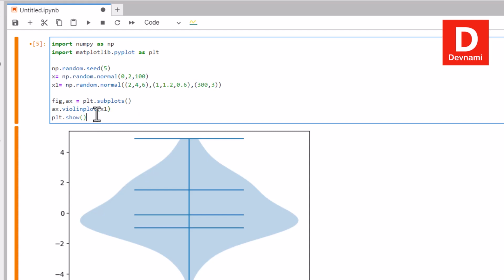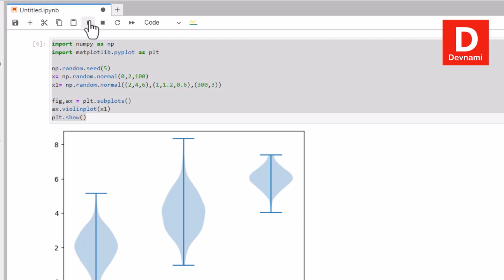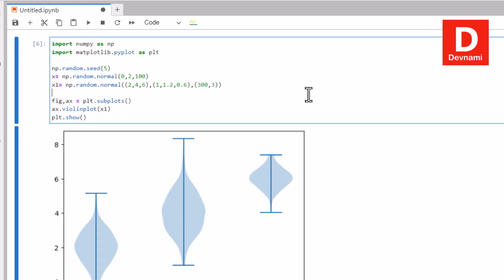If I run this, as you can see, each of those values forms a plot, and then collectively 3 of those figures are formed here, all because of the values that we set in our x1